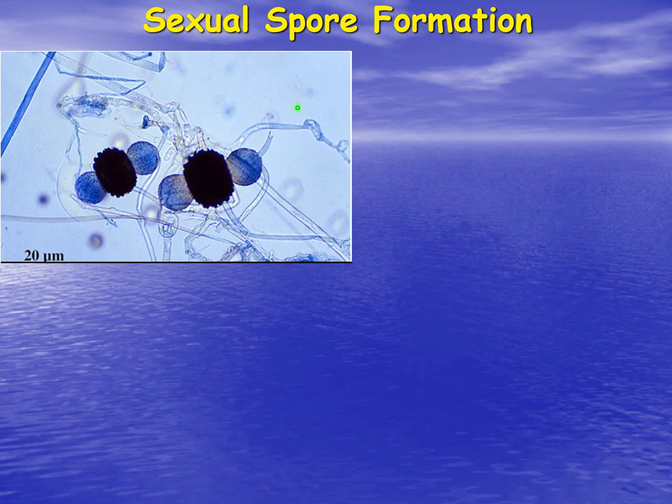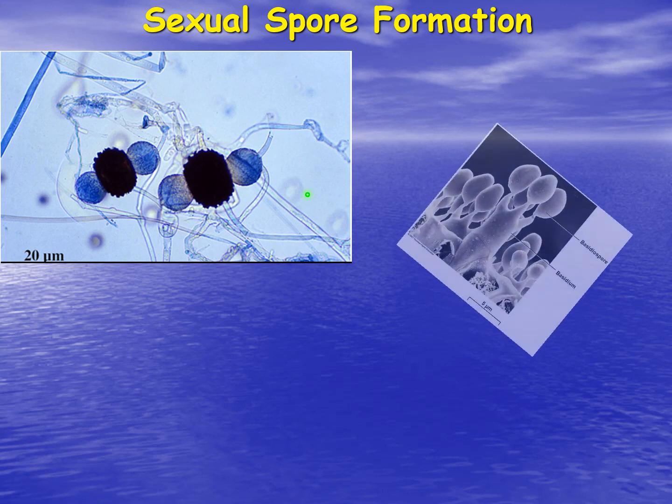So there are three main types of sexual spore formation that we find in molds. This one's the easiest to recognize and is known as a zygospore. This is going to be one of the mating pairs and this is the other one. And they came together to form this diploid spore that will then be released and undergo meiosis in order to form the asexual spores again.